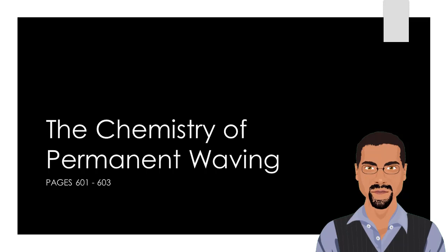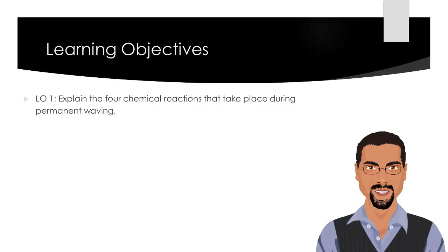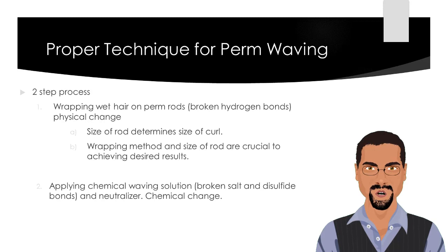To understand how permanent waving works, you need to have a basic understanding of the chemistry and chemical used during the process. Our learning objective for this lesson will be to explain the 4 chemical reactions that take place during permanent waving. Permanent waving is a 2-step process, where the hair undergoes a physical change caused by wrapping wet hair on perm rods, and then the hair undergoes a chemical change caused by the application of the permanent waving solution